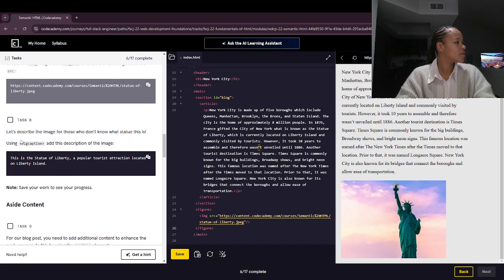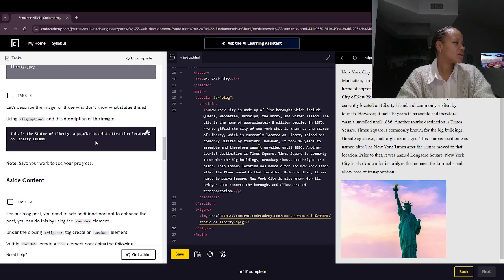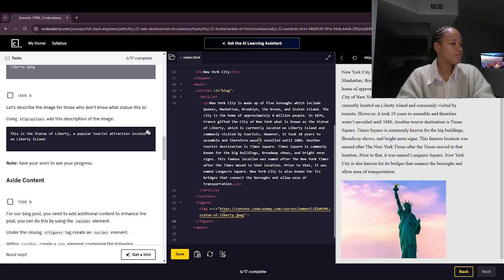Alrighty. So let's describe the image for those who don't know what the statue is. Using Fig caption, add this description to the image. Okay, so our Fig caption is always going to go after the figure element. Now, I don't know if it's nested inside of the figure element. We'll see. We'll see what it says. So Fig caption, we're gonna open it. And then of course we're going to close it here. And then